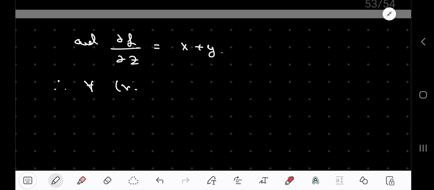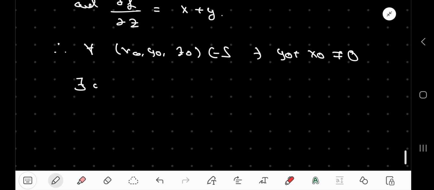Therefore, for all x naught, y naught, z naught in S such that y naught plus x naught is non-zero, there exists a function, say g, such that